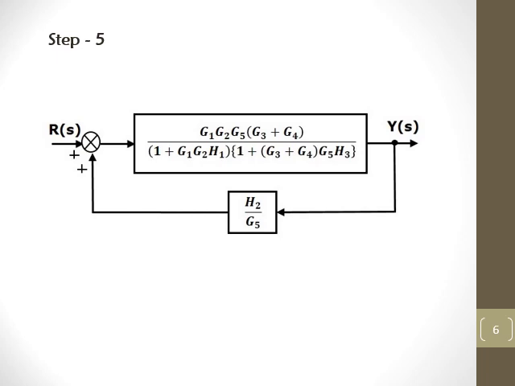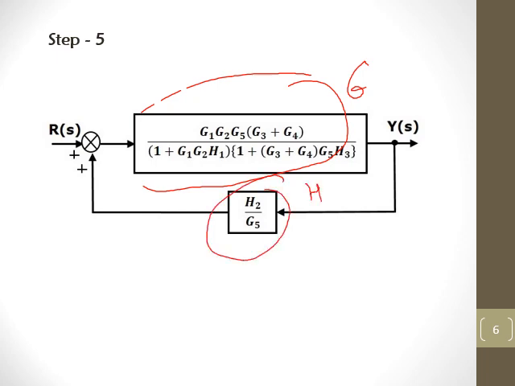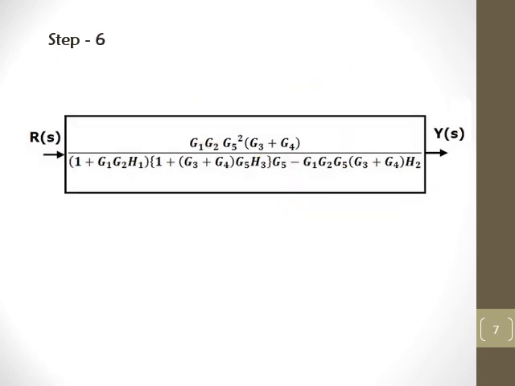Okay, so two blocks now are connected in series, so there is a multiplication. We got this answer here. So now this is G and this is H, as we have just seen. Positive feedback is there, so the complete block is actually eliminating the feedback loop. So we will apply that rule. So see the last step, that is step number 6. We have reduced the block by applying eliminating feedback loop.